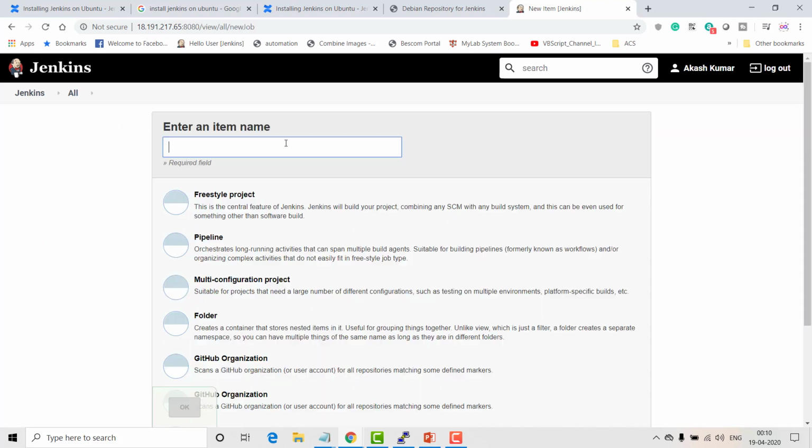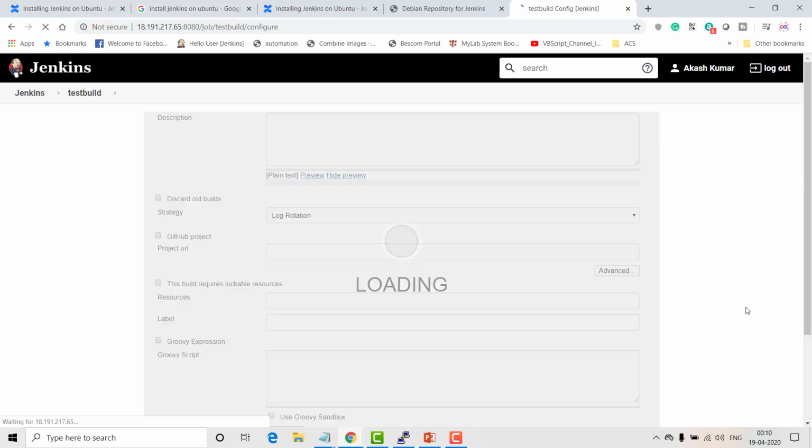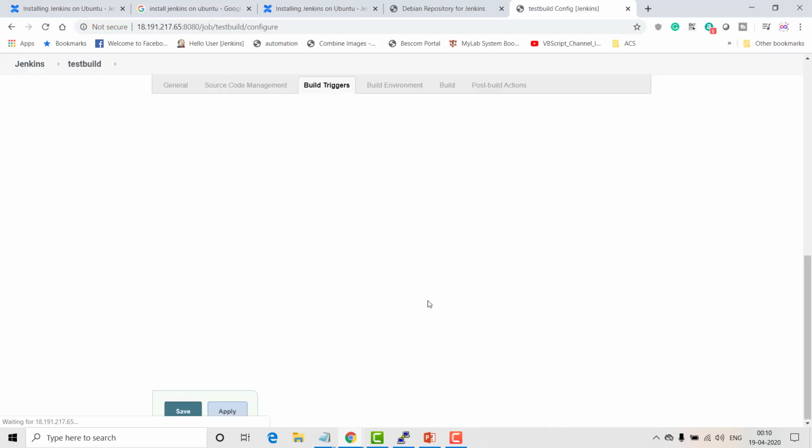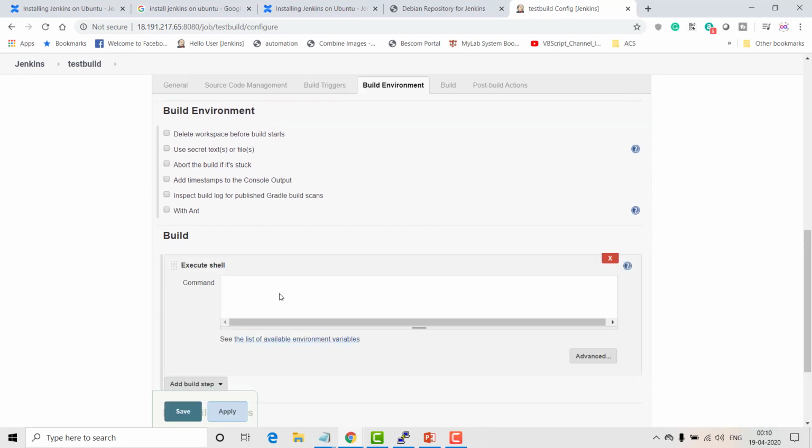You can just create a test build project. Go down and add a build step. Since it's a Linux VM, by default it is going to use my master, that is my Linux VM where my Jenkins is installed, because I have not added any additional agents right now.